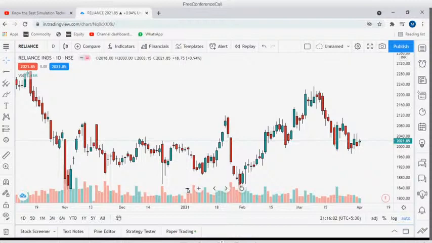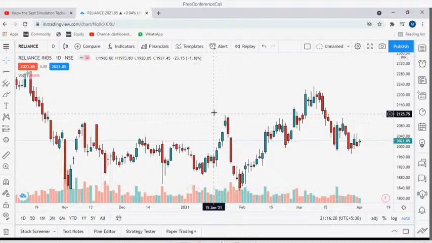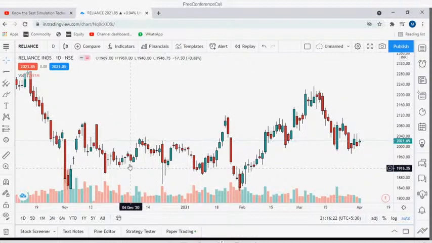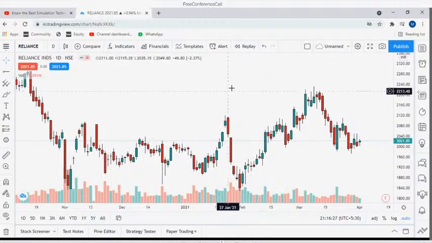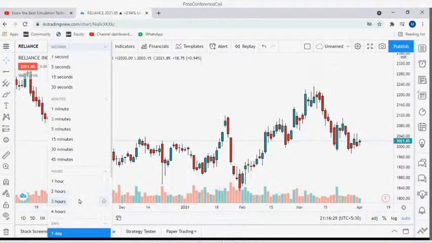Now we will come to the trading, I mean, how to test your strategies, whether they will work in real markets or not. Okay, that we'll see. On the free version of TradingView, you can check this backtesting only on daily charts, I mean daily, weekly, monthly, you can check, not below the daily chart in the free version.